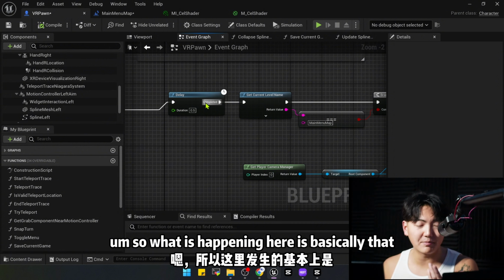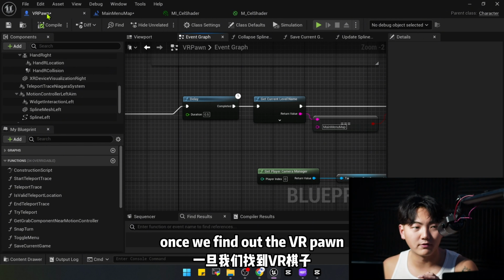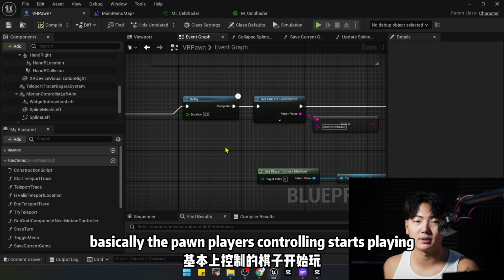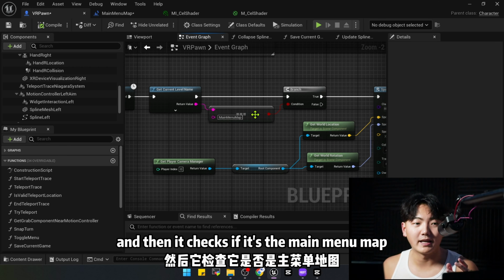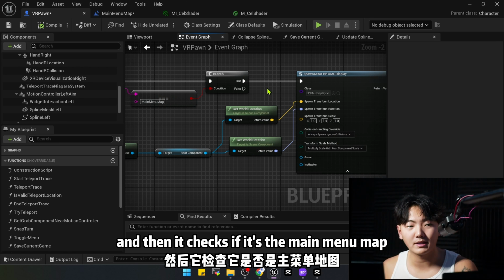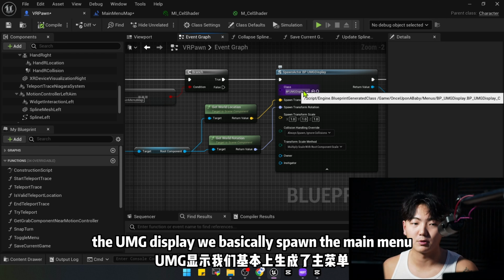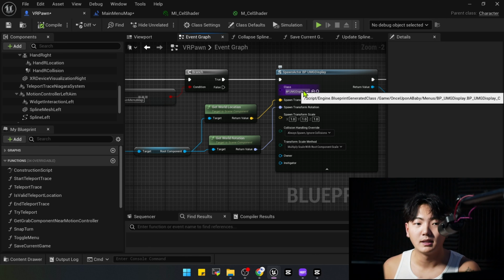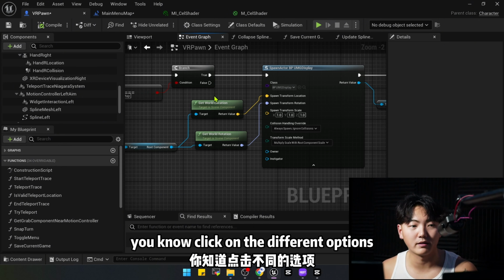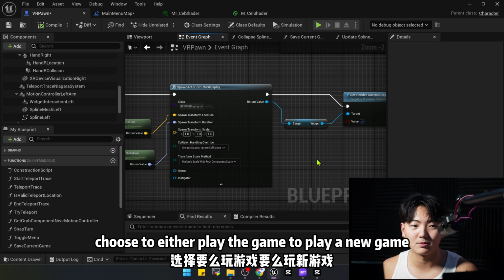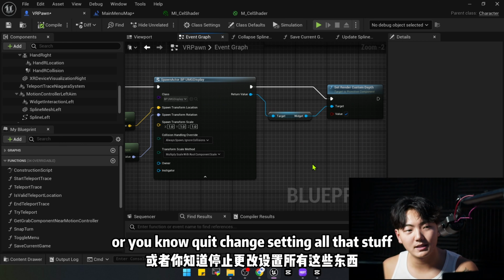So what is happening here is basically that once we find the VR pawn, the pawn the player is controlling, starts playing, it delays 0.5 seconds, and then it checks if it's the main menu map, and if it is, we spawn the UMG display. We spawn the main menu in front of the player, and the player gets to click on the different options: play a new game, quit, change settings,